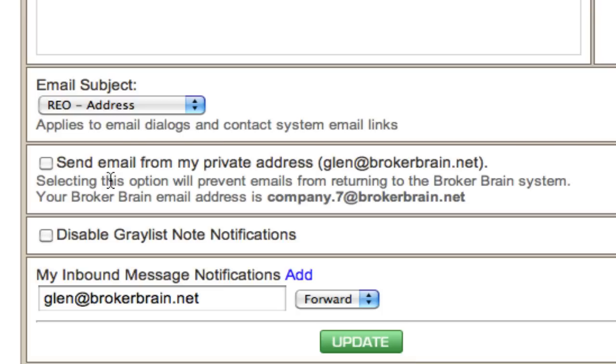So for the most part, you don't want this feature turned on unless you have particular users within your office where you don't want their correspondence logged into your Broker Brain system. By turning this particular preference off, they are basically opting into the inbound email feature. And the important thing here is looking to see what their Broker Brain email address is. In this case, my Broker Brain email address is